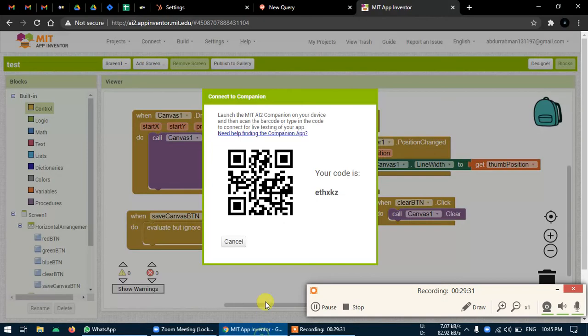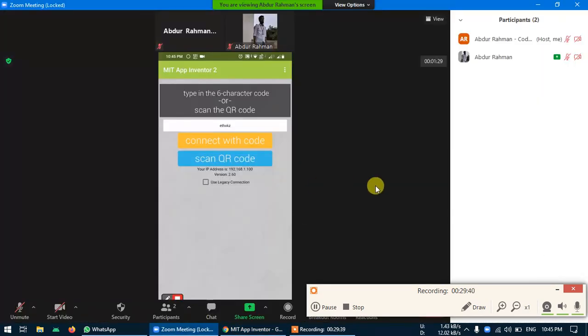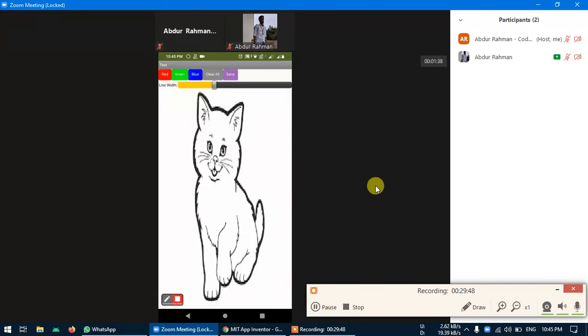Now you can see it is loading, and on my mobile phone it will appear after loading. Yeah. Now what can I do? I can just pick any color, red, to draw with red. Now it's so smooth. I can clear it off.